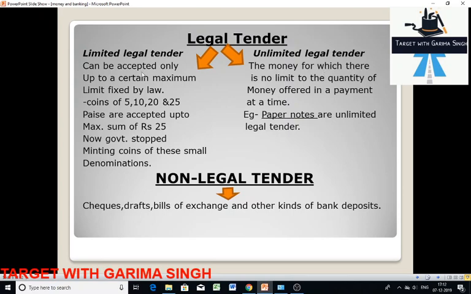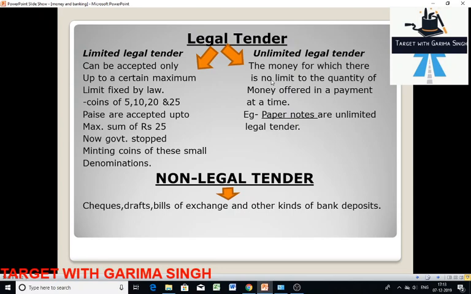Limited legal tender, which can be accepted only up to a certain maximum limit fixed by law. For instance, the 5, 10, 20 rupees coin are accepted at a maximum sum of 25. Nowadays, minting of these coins has been stopped by Government of India. Unlimited legal tender